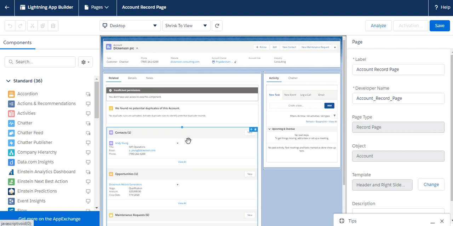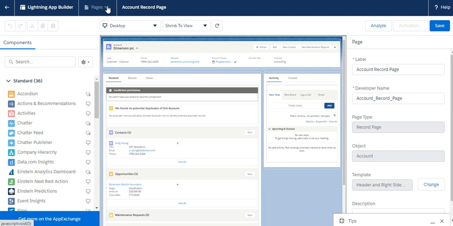So take a short tour of Lightning App Builder. Okay, so first of all, we are talking about the header. Here you can see this blue line is the header, and this tells me I am in Lightning App Builder. This is the back button, so we can go to the previous page, and from here we can see the last 10 modified pages.